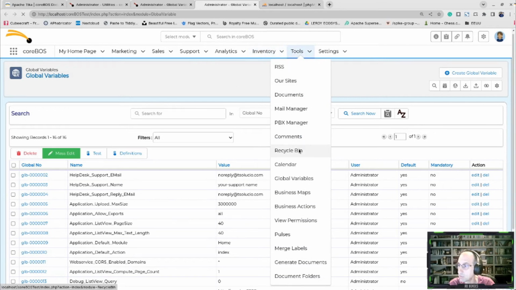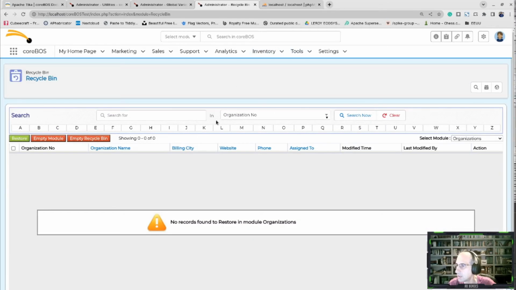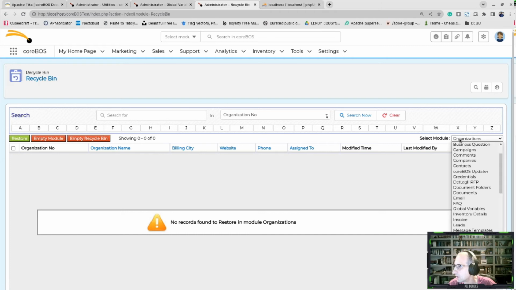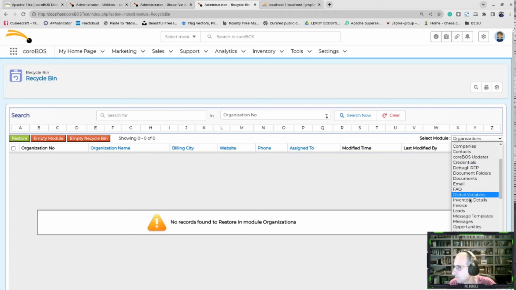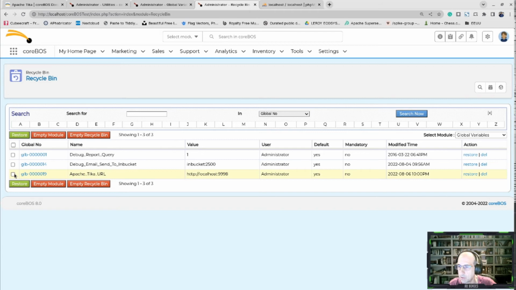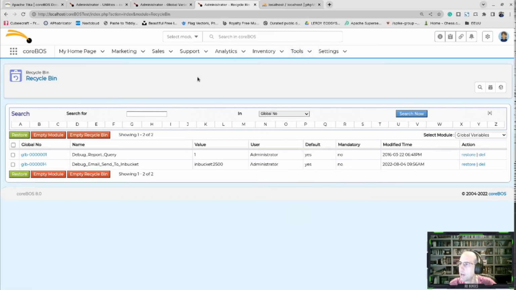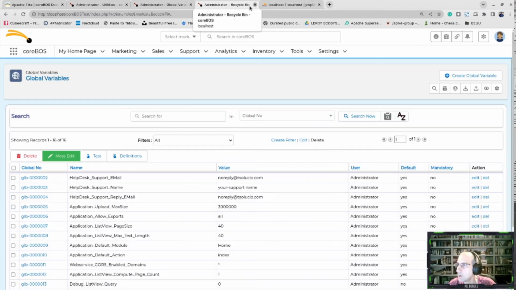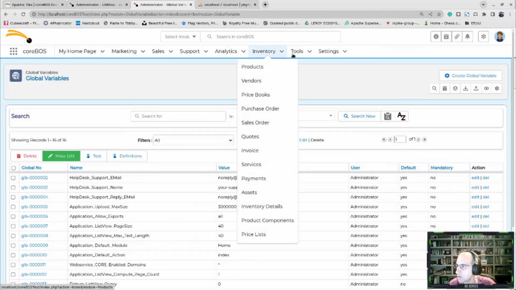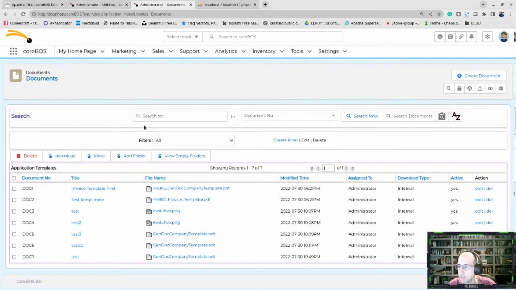I did something wrong. Recycle bin. Here we have the global variable module, and I recover this one. Okay, so I get that back. Okay, so the other thing I wanted to do was to go to the documents module, and let's upload that